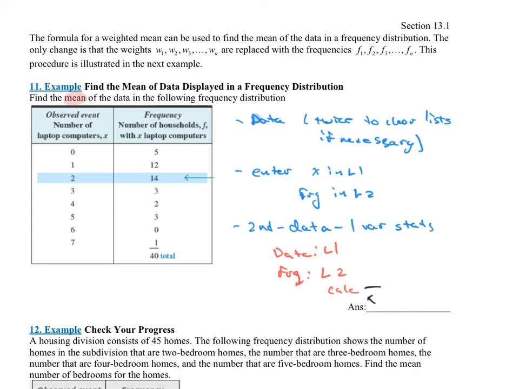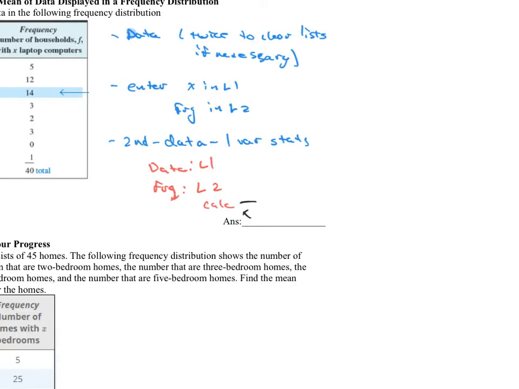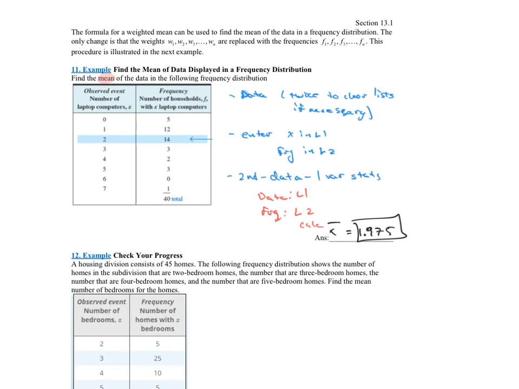When I do X bar on my list, my calculator is showing me a mean value of 1.975. So you could use what they say to use in the book, which is just like we did the weighted GPAs, multiply the data value times the frequency, add all those together and divide it by 40, or just quite simply, I'm perfectly fine with you if you just enter all this information into your calculator for a frequency